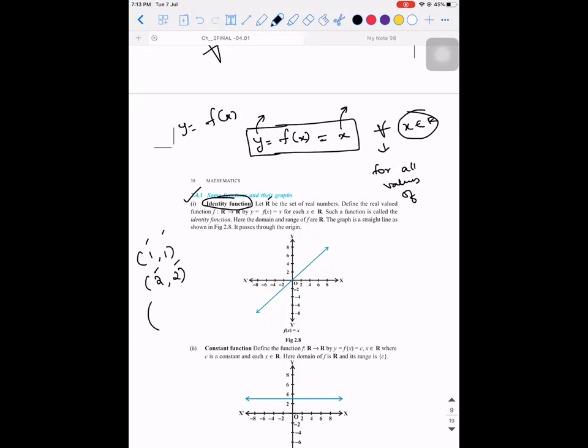Like that, if I keep on writing, how many such points can I write? Infinity. Infinite number of points. If I join all those infinite points, I will get a shape like this. The shape is nothing but a straight line which is passing through the origin. So if you observe, the input and the output are identical. Right? Yes, sir. So that's why this function is named as identity function.